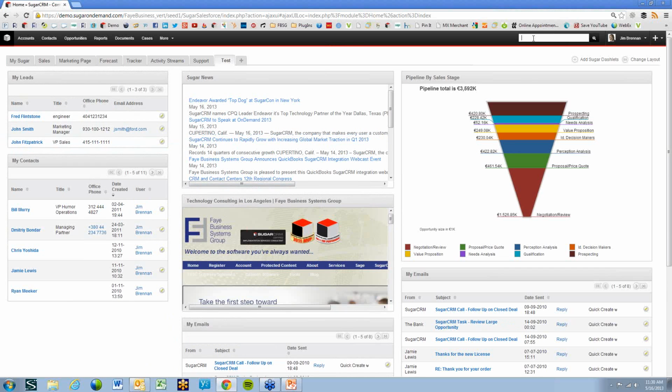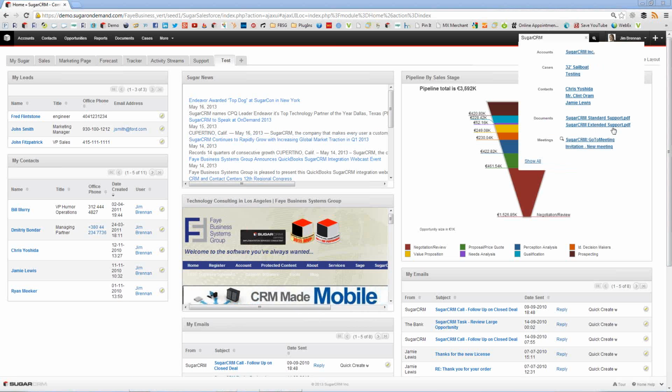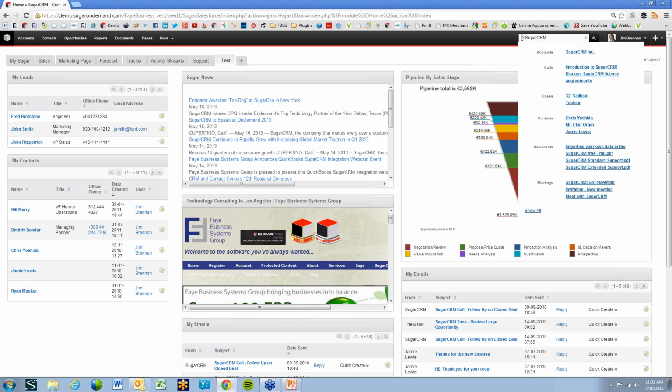Sugar has a fantastic search functionality. So we can search for company names, people's names. I'm just going to quickly type in SugarCRM, and you can see that it will search accounts, cases, contacts, documents, meetings. We can even delve deeper into that, and if we put a percentage sign in front of Sugar, it will bring up even more